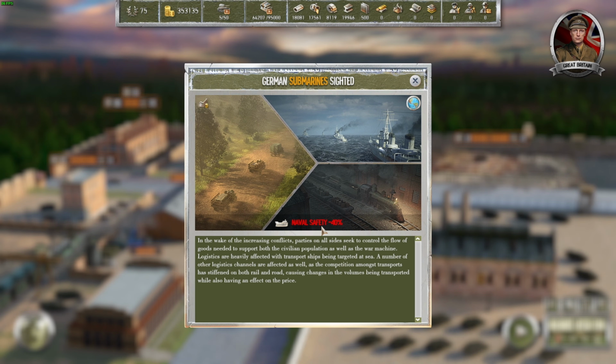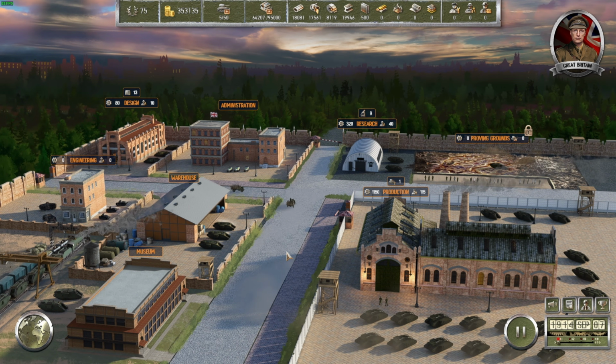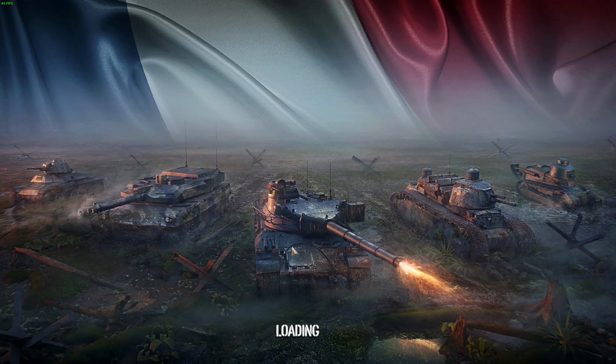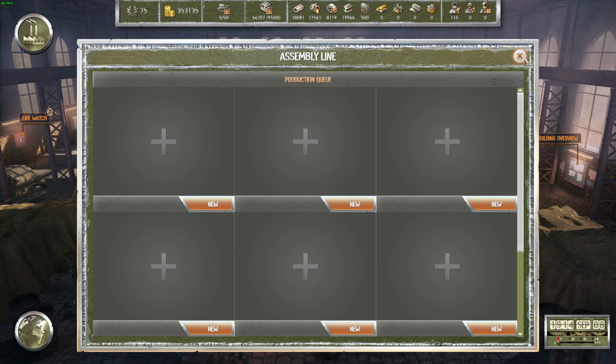Oh no, here we go. German submarines sighted. Naval safety -40. That is not good. Getting supplies in is now going to be even more difficult. We have built 5 of our little squirters, but we do need to actually just have a quick...